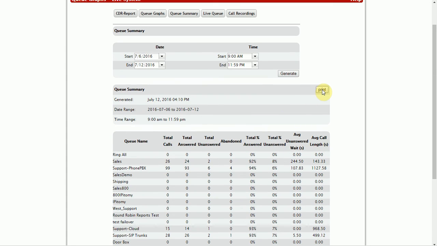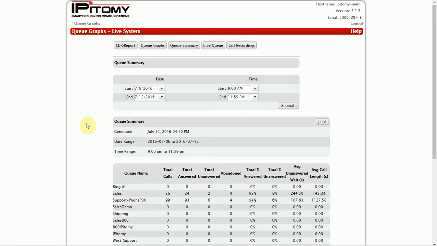And then there's a print button here that will pull up a nice printable version for you that you can print out. So that is a quick summary of the